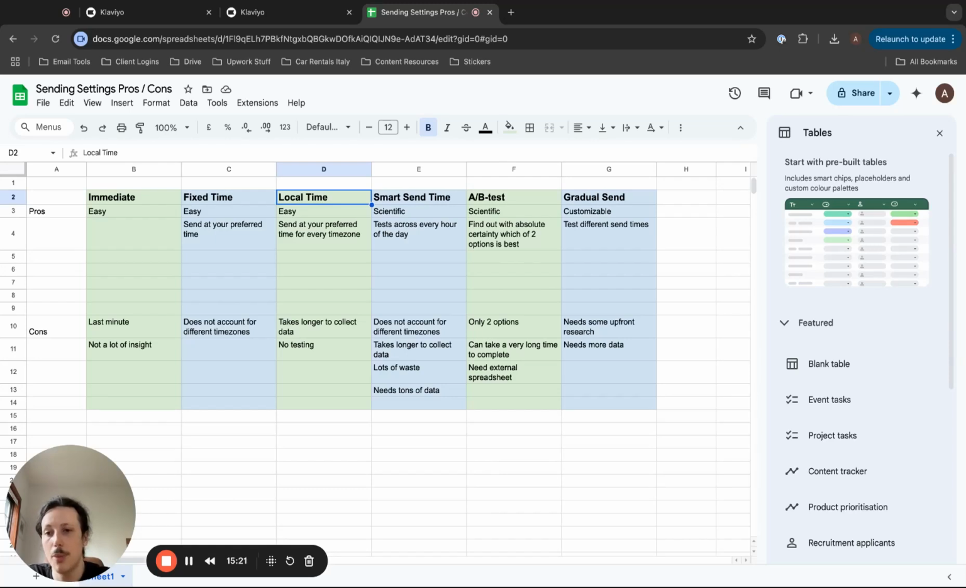Finding the right send time is an optimization step. And if the most you can do with your available bandwidth is send emails a couple times a week, then that's absolutely what you should prioritize. That's just a little